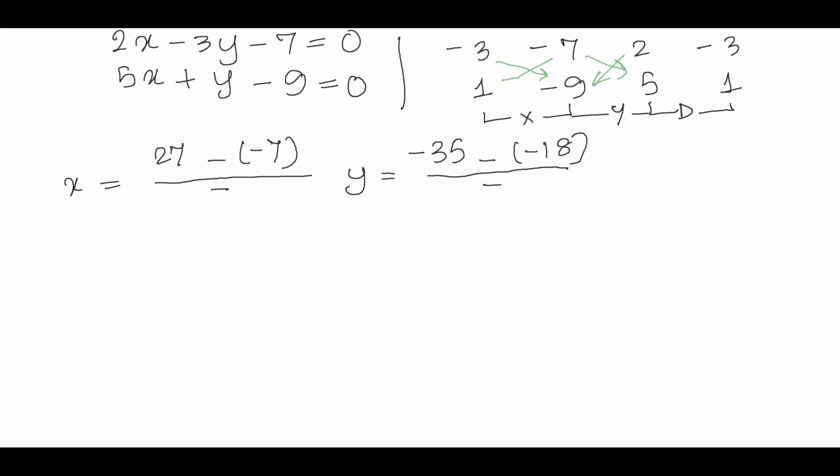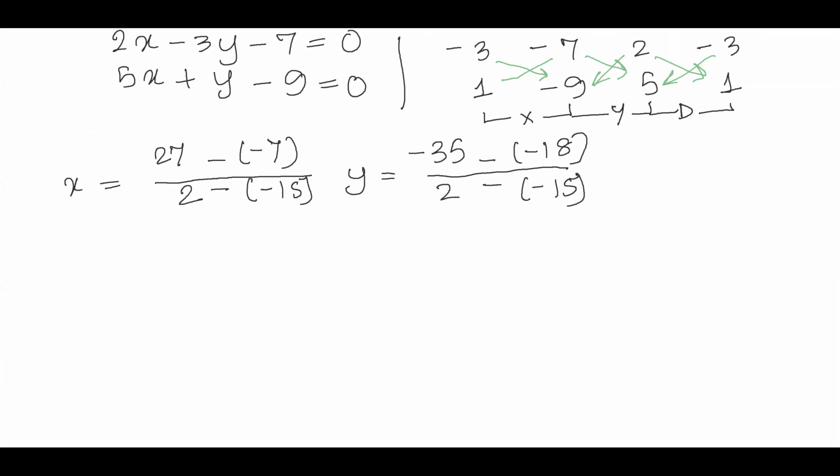And then comes the denominator, which you have to do only once, and then the copy paste. So 2 multiplied by 1 is going to give you 2. And then we have minus 3 multiplied by 5 gives us minus 15. And this same thing will go on the side as well. And that's it. Just mere calculations.